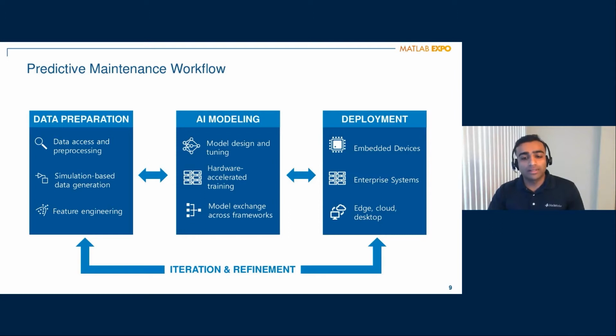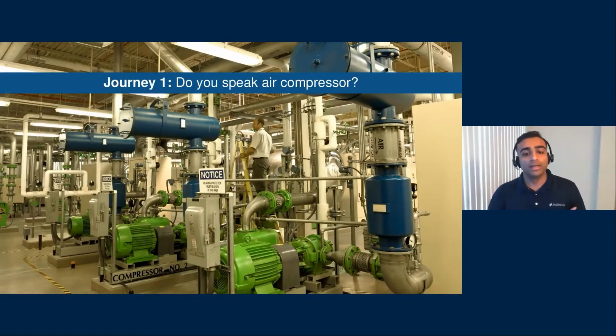Finally, all this work isn't useful unless you can deploy your algorithms into production, for example, on the edge, in the cloud, or on your desktop. But once you have your algorithms deployed, the journey doesn't stop there. You may want to use deployed results to iterate and refine other parts of the workflow, including improving your model. Okay, so let's follow Rachel on her